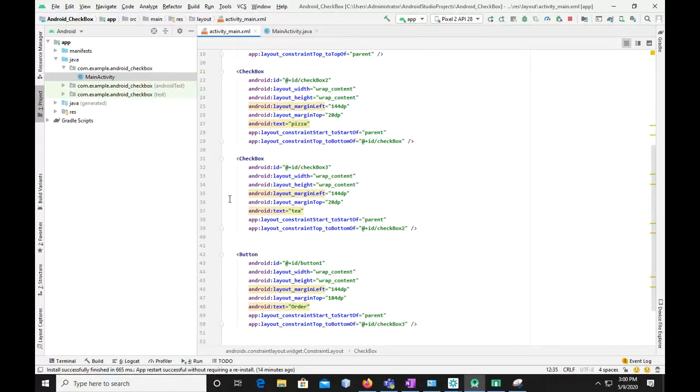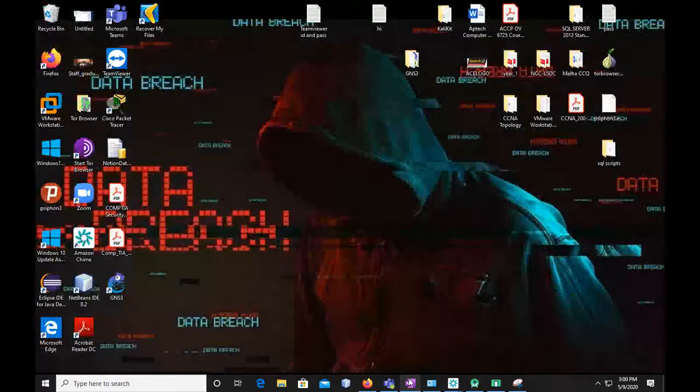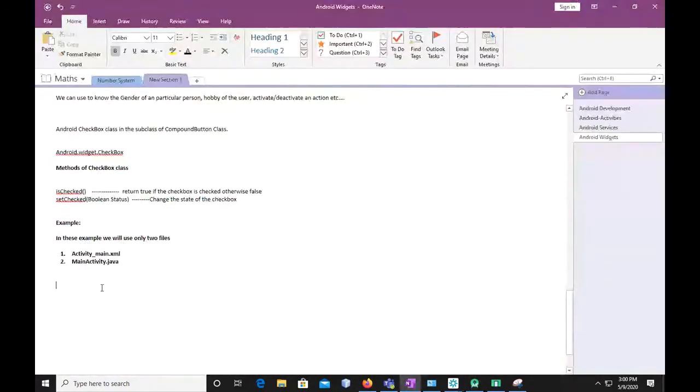All right, so this was about the Android checkbox, the inbuilt checkboxes we were talking about. And now the question is if you have to go through the custom Android checkboxes. So next, today's another tutorial is about